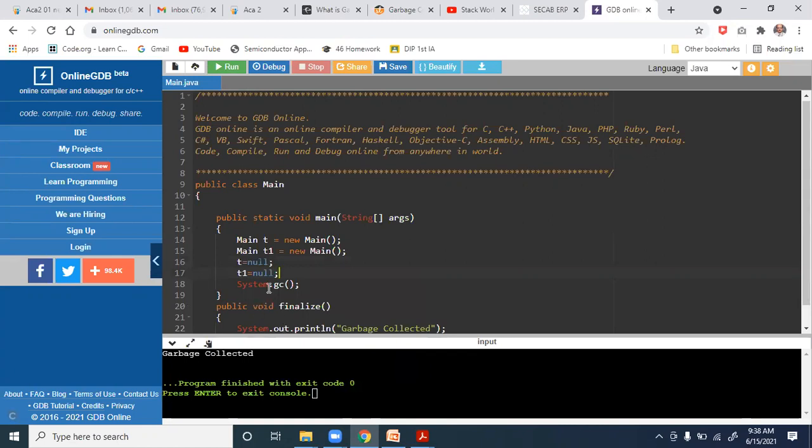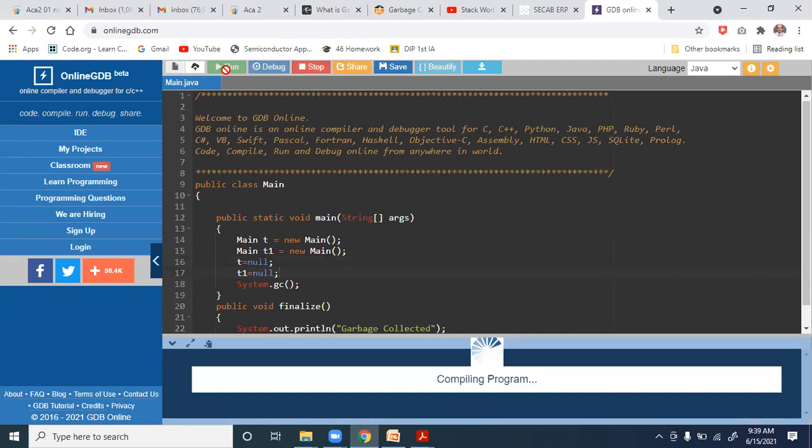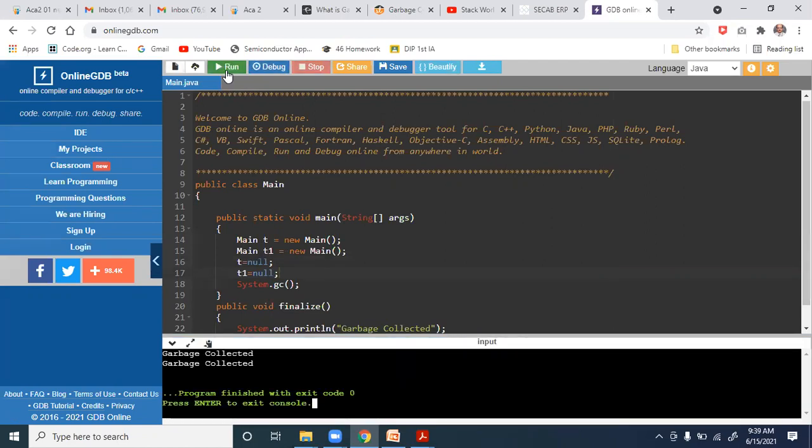Okay, so both I am making null. So it should print "garbage collected" twice, by the garbage collector. So it is printing twice because both T and T1 are now no more connected to any